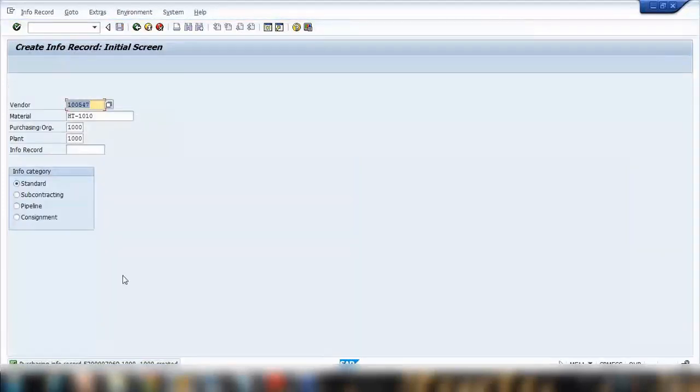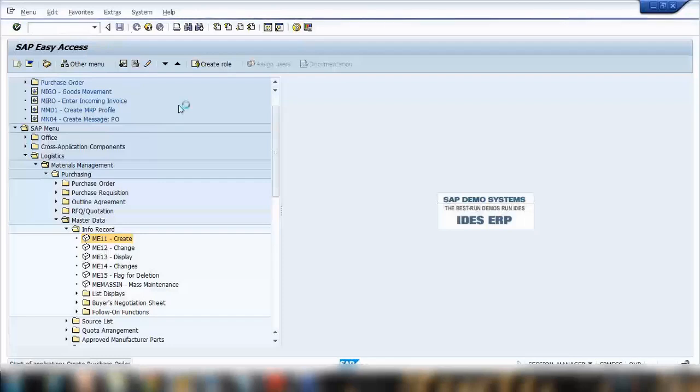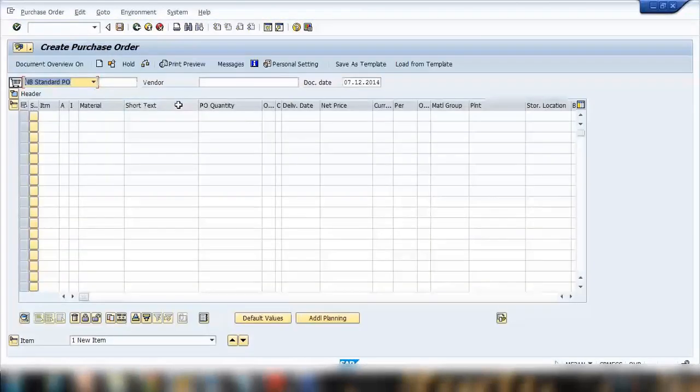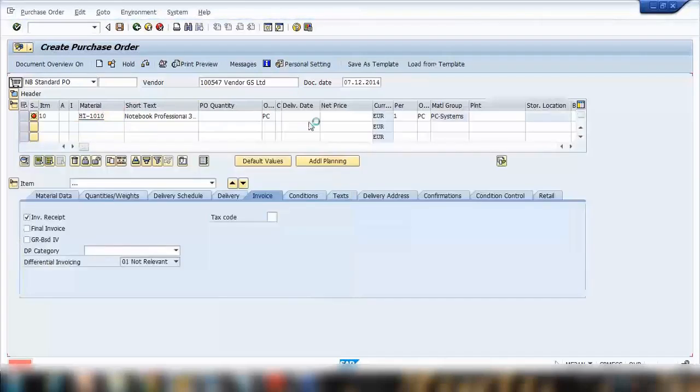You can see it will create an info record number. Now what I will do, I will be creating a purchase order for the same vendor and the same material. So I can copy the vendor here and I can go to ME21 to create a purchase order. So here I can enter my vendor, press enter, and here I can enter HT1010, which is the material that I used. Press enter. Now you can